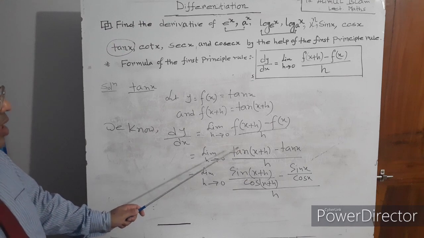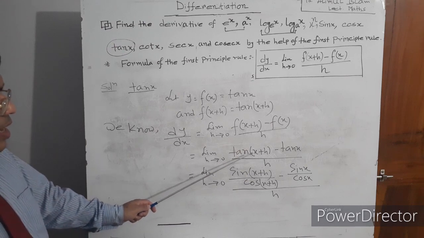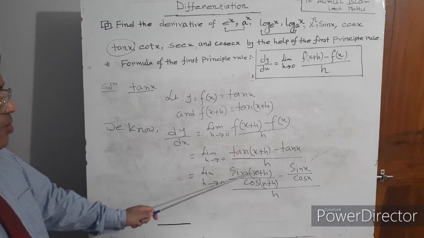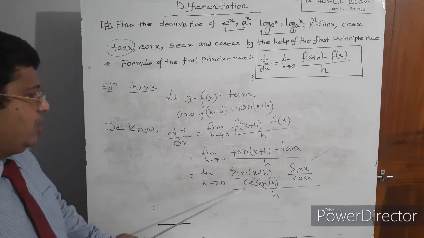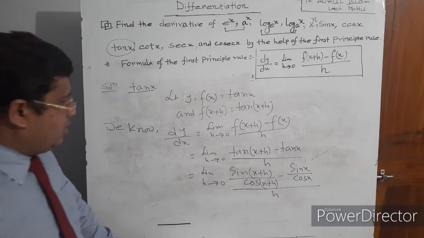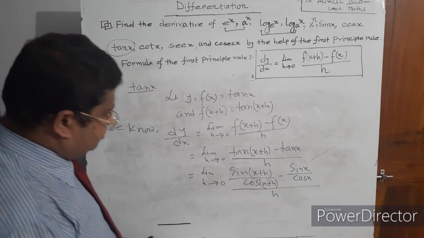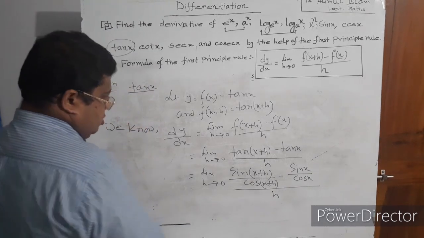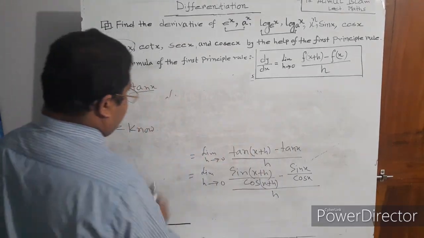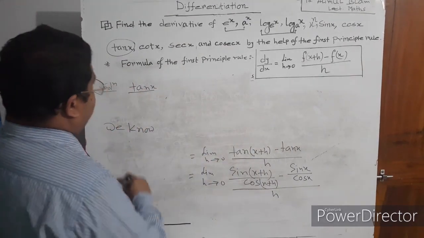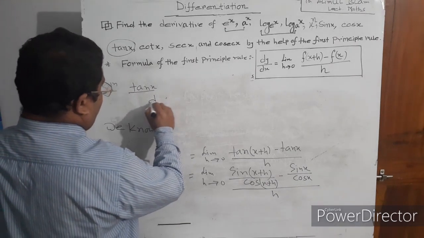Same system: tan(x plus h) is sin(x plus h) divided by cos(x plus h), minus sin x by cos x, divided by h. Next, I write in here dy/dx